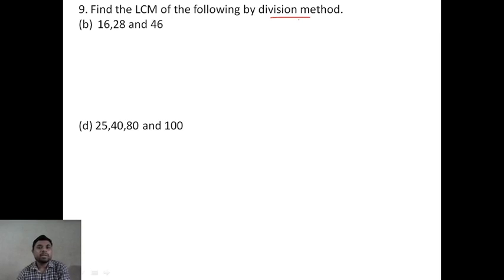Here, my dear students, please keep in mind that when you find LCM, division means continuous division. Let's see how we will solve. First write in this way, first step. Is it clear? The next step is you have to find a common factor which will be prime. That means you have to find a prime factor. So common prime factor means what? You have to divide by that number. So start with 2 because 2 is prime.